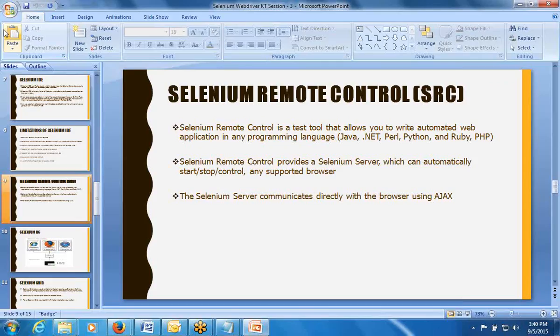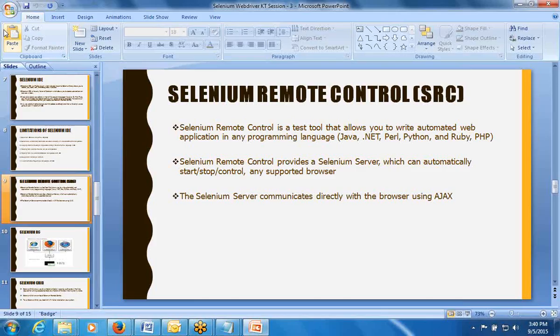So actually, in Selenium, if you want to see the architecture, this is the architecture. How this works: this is for Windows, Linux, Mac, any operating system as required. So this is IE, Firefox, Safari. These browsers sit on top of Selenium Core. Selenium Core is nothing but our JavaScript which we have already developed. And for Selenium Core, this is with the help of the Remote Control server. This is the place where it will be accessing these browsers.